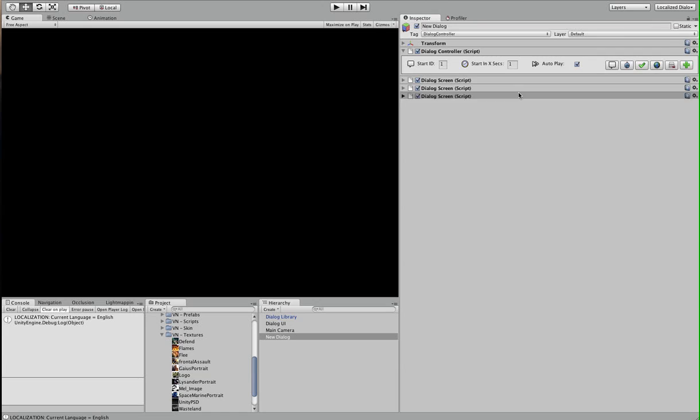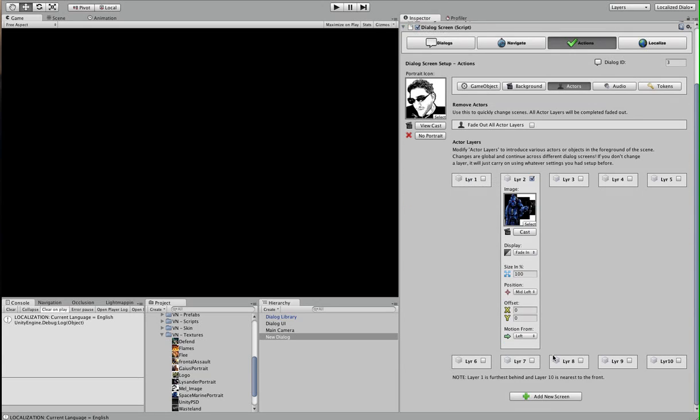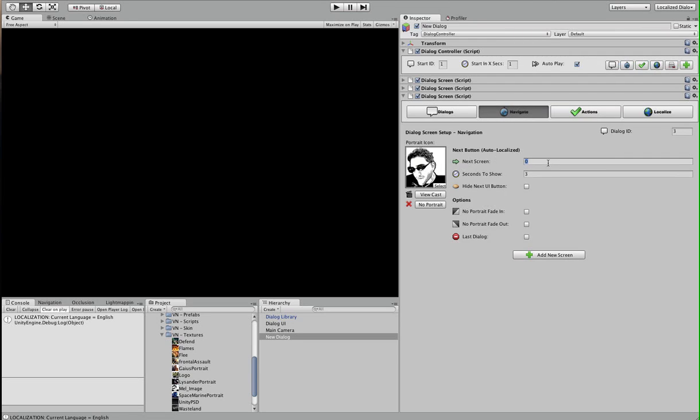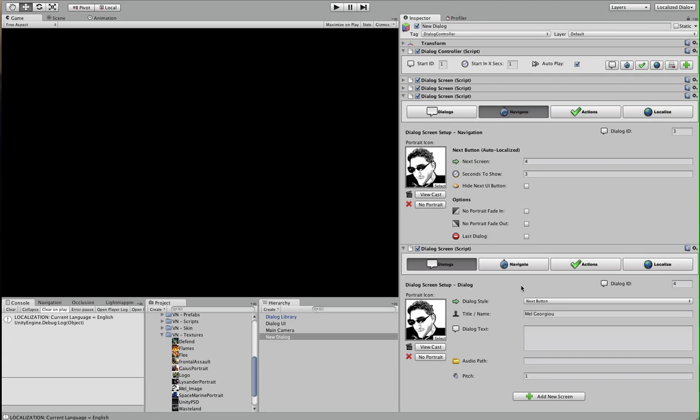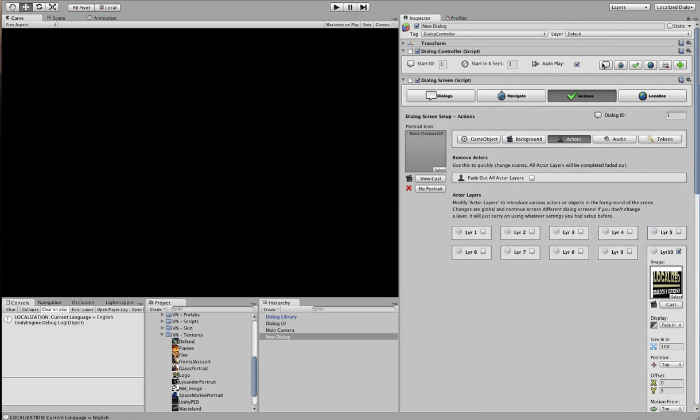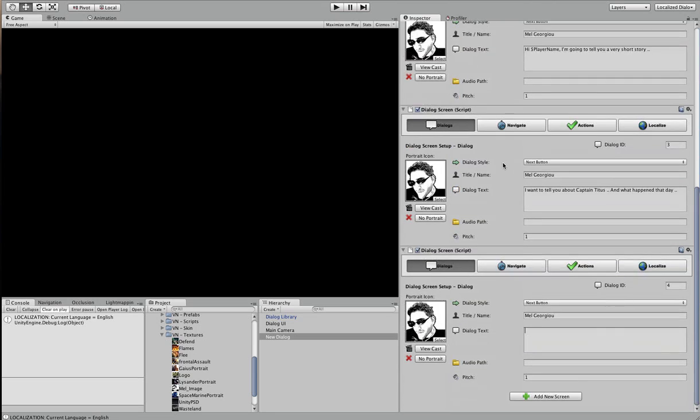So we'll go over to this screen, we're going to add a new one. Actually, make sure that the next screen is going to be number 4. Add a new screen. So this is screen 4 down here. We can keep all of them open. Let's put them all in dialog view so that it kind of makes sense. So we'll change viewcast and have Captain Titus talking this time, and we'll say, this is a very short version of the tech demo that I did, so we'll just say